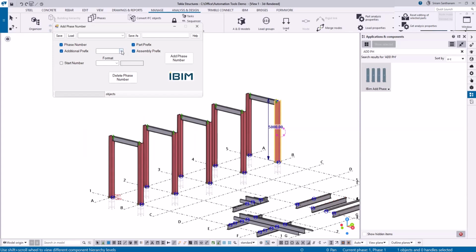And if I go to the additional prefix, you can also add phase name, user field 1, 2, 3, and 4, and the start number. You have different formats here. Let me select 4 digits format, and once I click add phase number,